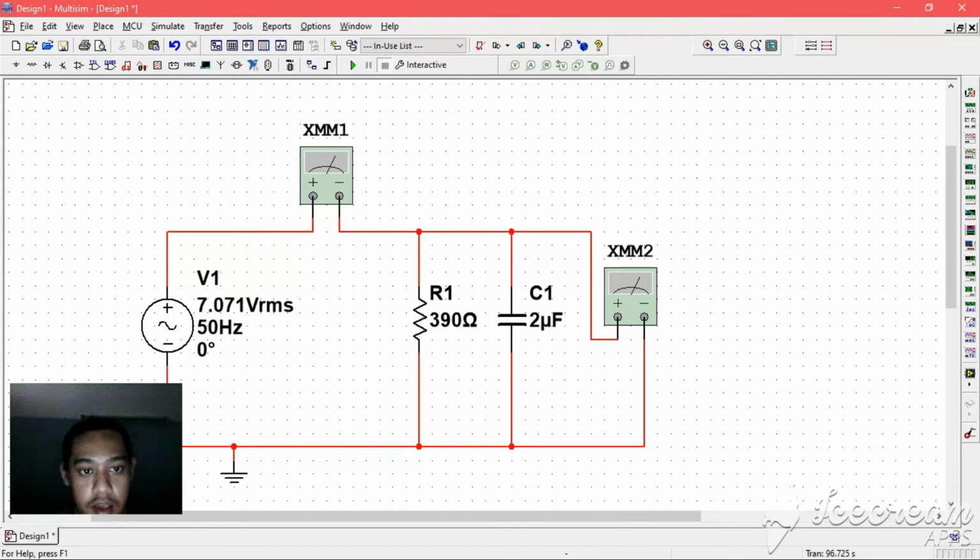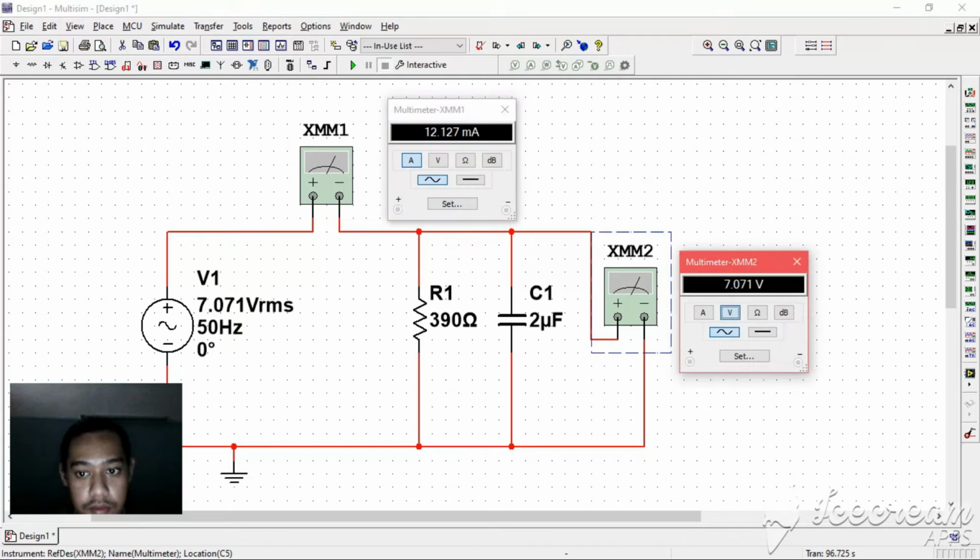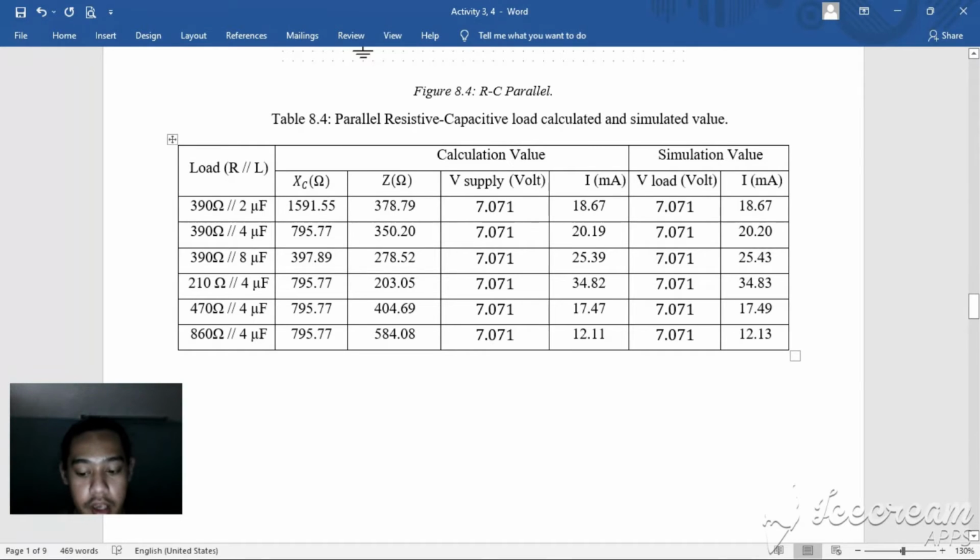So using ammeter and voltmeter, we have to measure and record the value of current and voltage in the table respectively. We have to change the value of load according to the values given in table 8.4